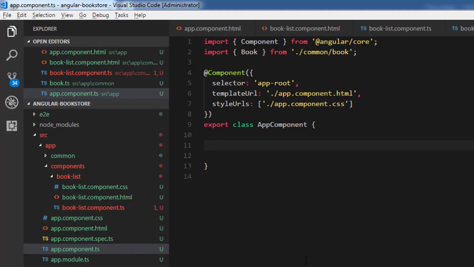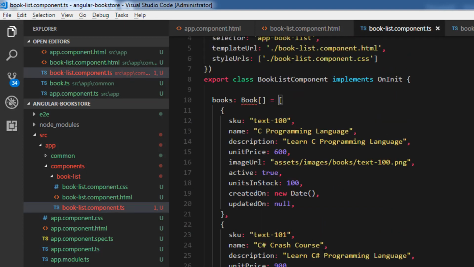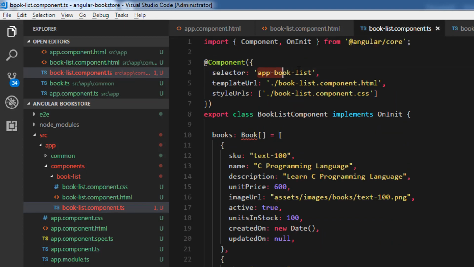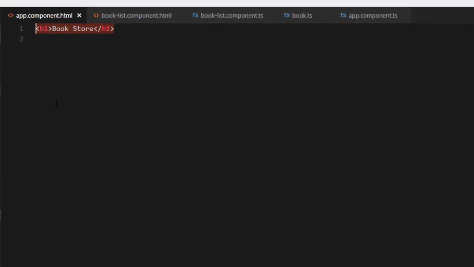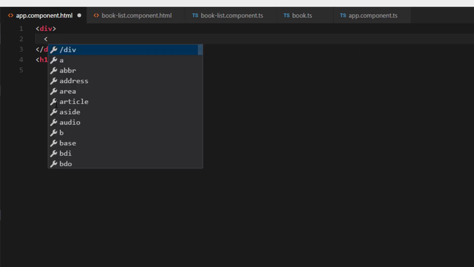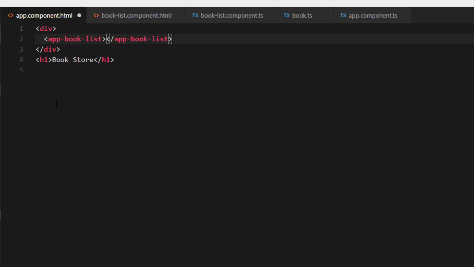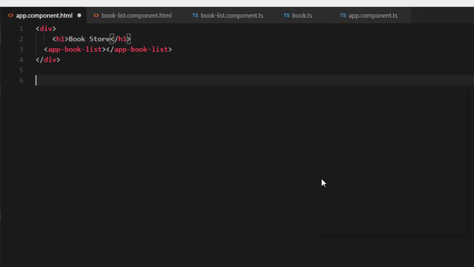We should include the selector inside the app.component.html. We have created a new component, the book list component, and we have the selector app-book-list. We have to add this selector inside the app.component.html. So let's create a div element. Inside this, let's add the selector. Let's move this h1 tag to the div element. Let's format the document